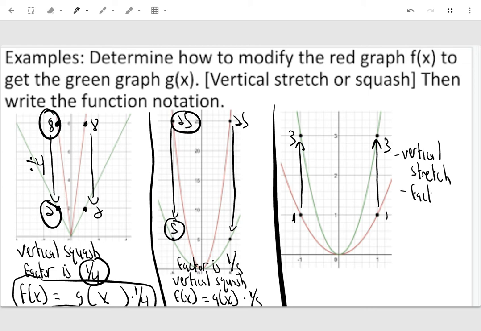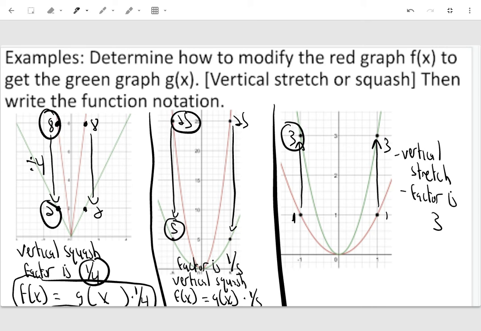And the factor to go from 1 to 3 is to multiply by 3. So the factor is 3. The factor is 3. And again, if we did the ending number divided by the starting number, the ending number